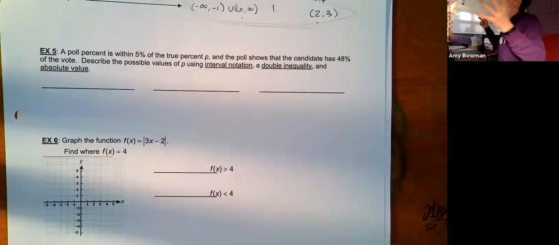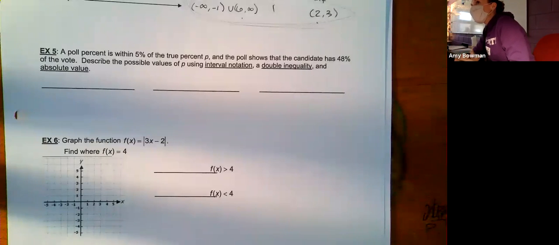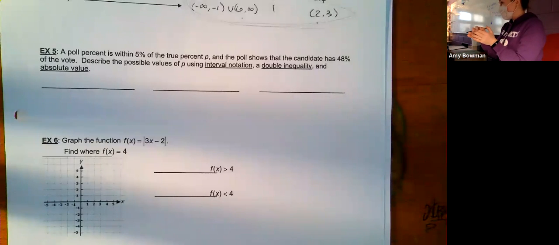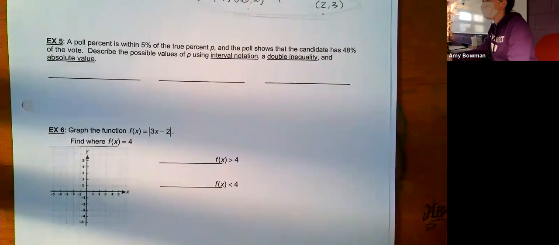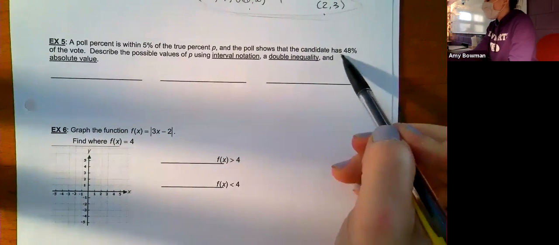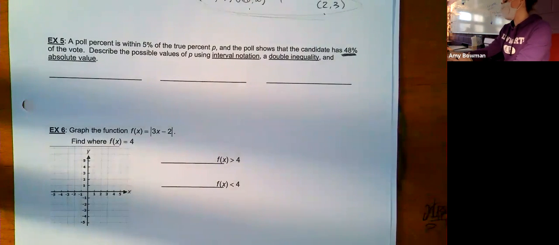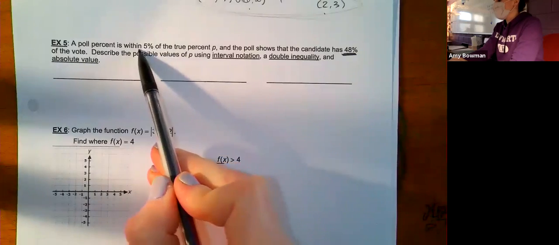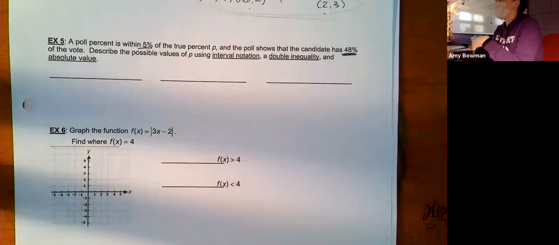I think we would call it deviate, like it could deviate a total of 10%, right? That's a lot. So we're going to represent it with interval notation, which we're familiar with, a double inequality, which we're familiar with, and an absolute value inequality, which is new, but they're all going to be representing the same thing. So like I said, we got a poll result of 48%, 48% of the population is in favor of a certain candidate, but there's a 5% window of